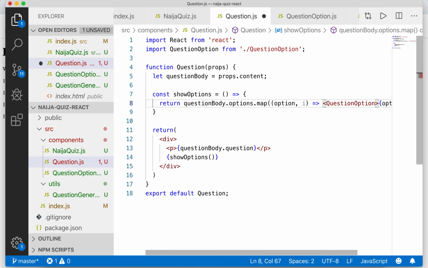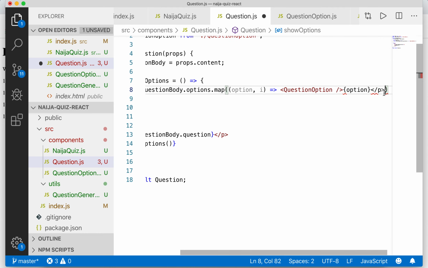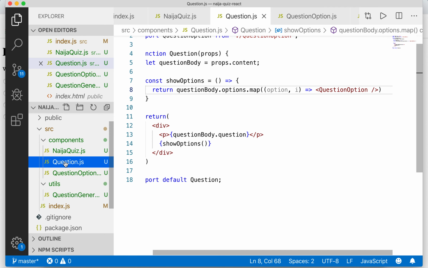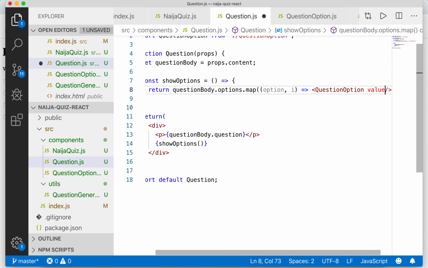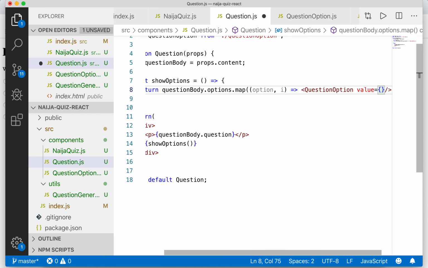with the question component. Get rid of the p tag, get rid of this option also, and because we are using the props value here, we have to define the props here as value, and so that is going to be